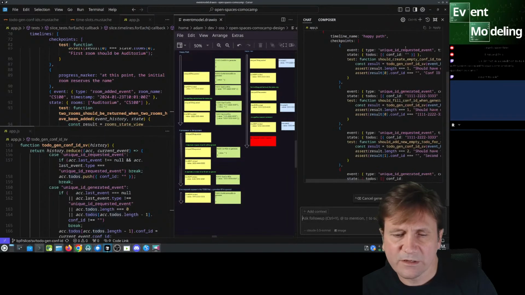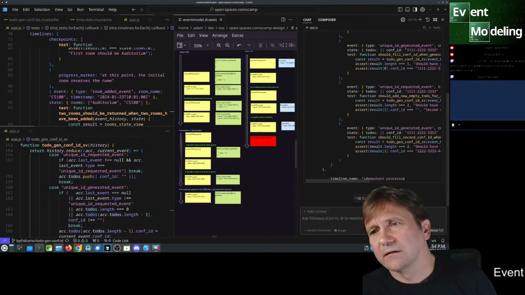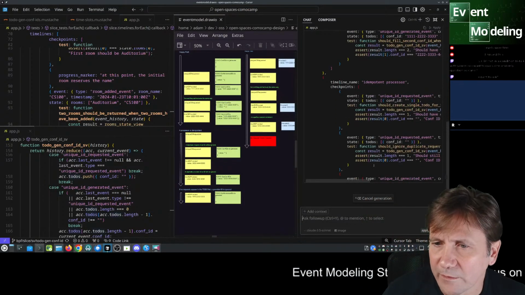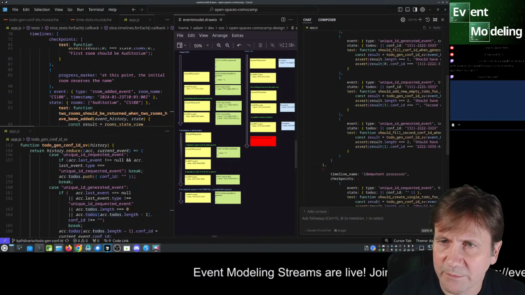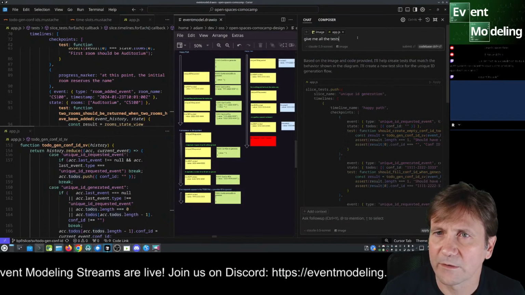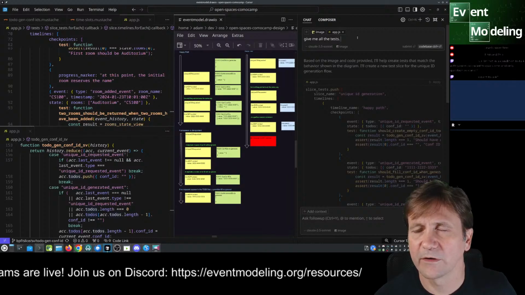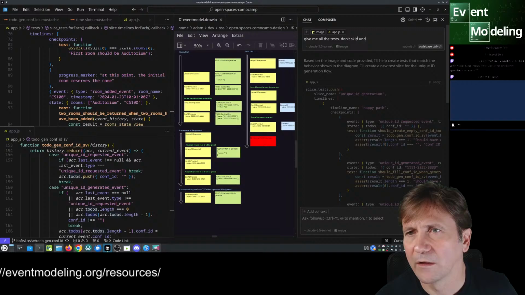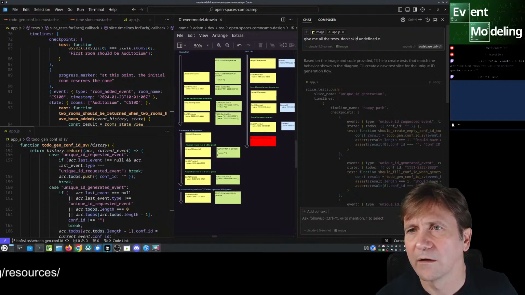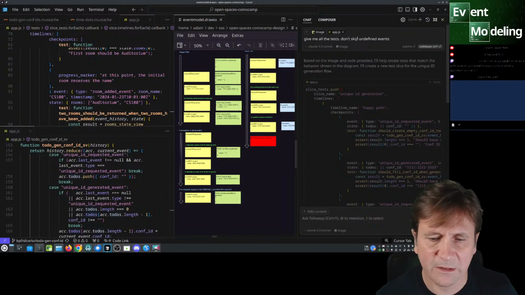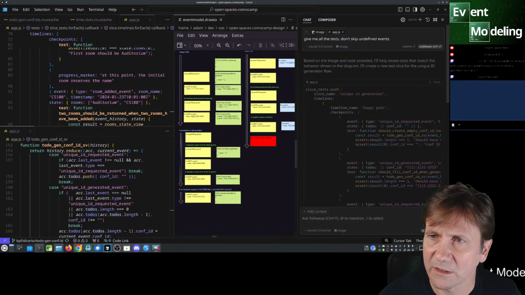So I think the first time we ran it, it skipped the blank event. Don't skip undefined events. I'm not going to add any more to this prompt until I get this next sentence right so that it includes that.